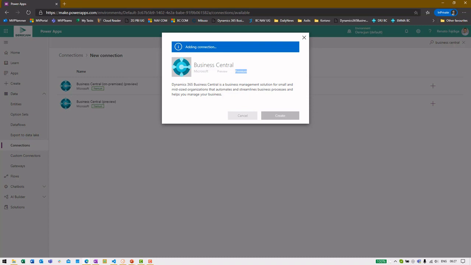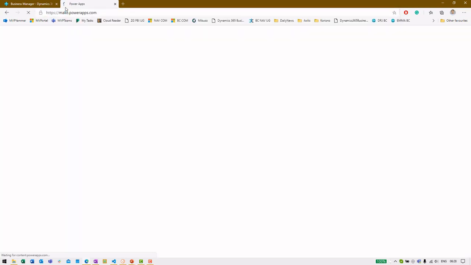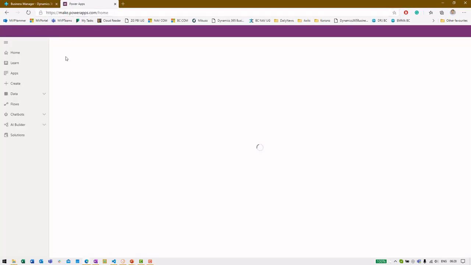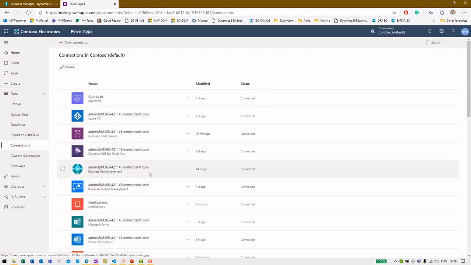Okay, to not wait for this connection to establish, I already did it on my sandbox environment, and now when I go to make.powerapps.com, inside the connections, I will see that I have the Business Central connector already connected to my Power Apps. So this is the process which is done, and now I can easily build applications on top of this connector. So to build an application, I will go to Apps,